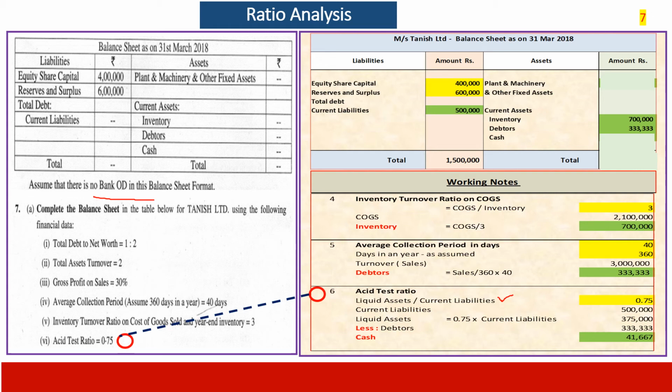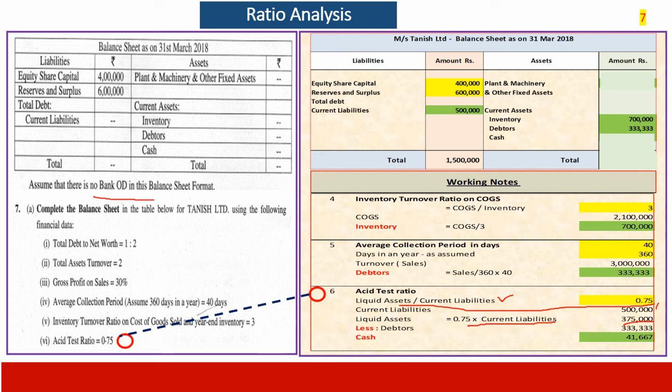Current liabilities, as we know, is 5 lakhs. Then liquid assets, if you use the formula, shift this to the other side, here it divides, there it multiplies, it is 0.75 into current liabilities, means 0.75 into 5 lakhs is equal to